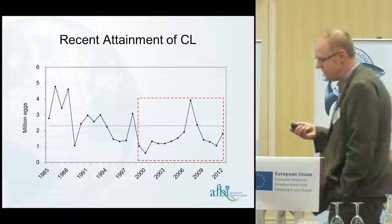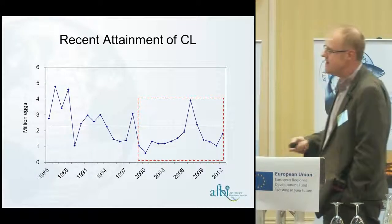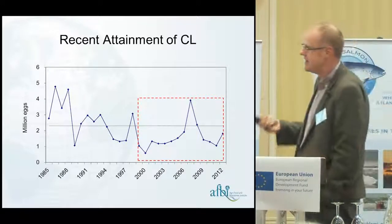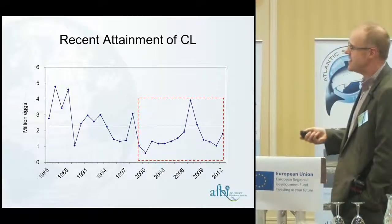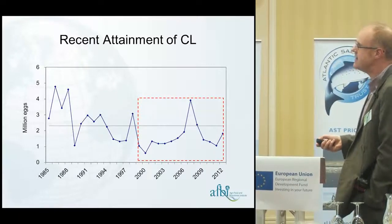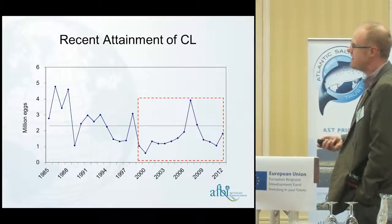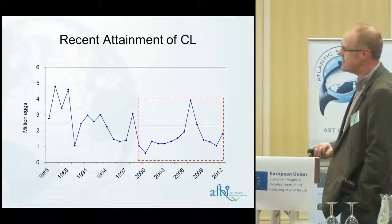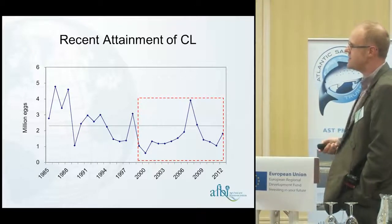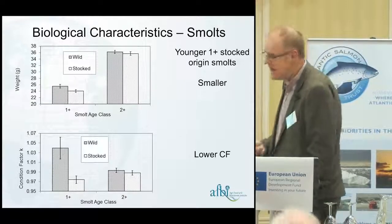However, for me, the story only starts to get interesting now. There were a few more smolts being produced from the river, but critically, the second management objective, the consistent attainment of conservation limit, didn't occur. The red box here indicates the years potentially influenced by stock material. We only hit conservation limit twice in that period of time. Why? Well,